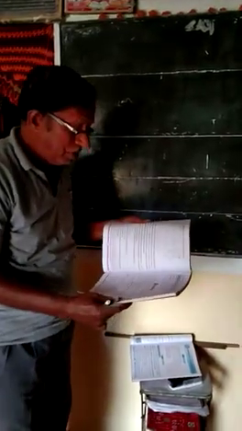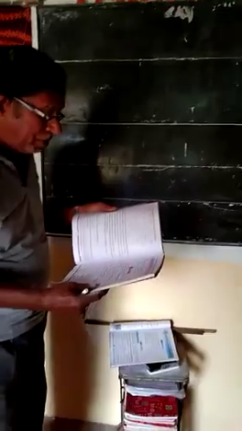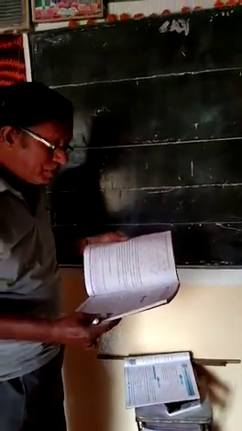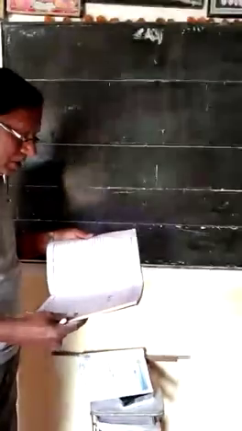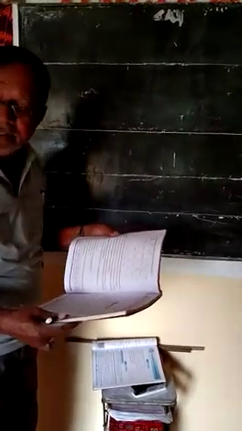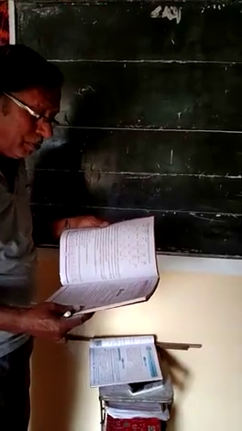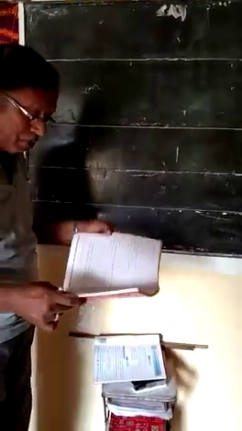In the last period we saw arithmetic progression. In an AP, the difference between two consecutive terms is constant and is denoted by d. If the first term is a and the common difference is d, then the terms in sequence are a, a plus d, a plus 2d. In a sequence, if the difference tn plus 1 minus tn is constant, then the sequence is called an arithmetic progression.